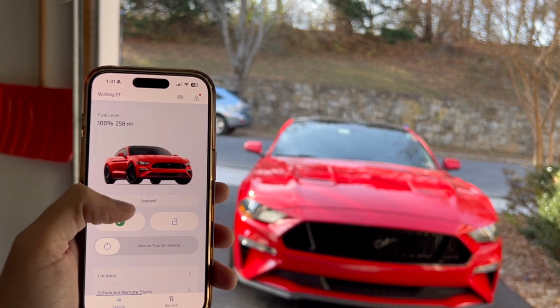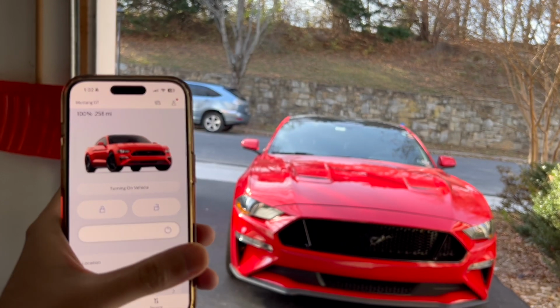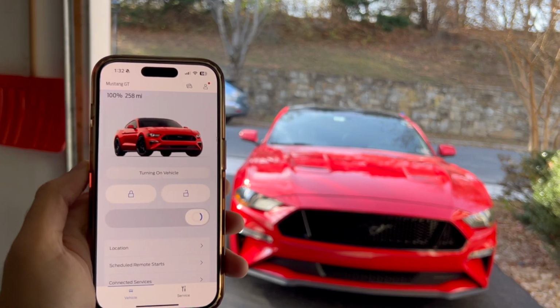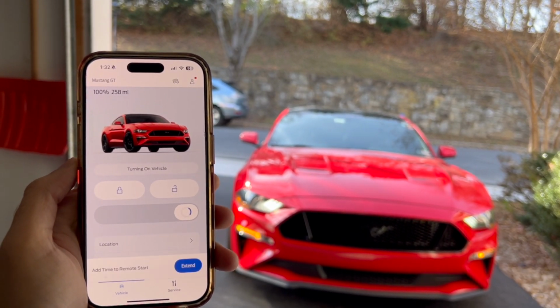You saw the light, and it says vehicle is locked. What happens if you want to just turn on the car? We're going to slide it up, and that's it. It's going to take a little bit of time, send the signals to the vehicle's computer. There we go. And the car